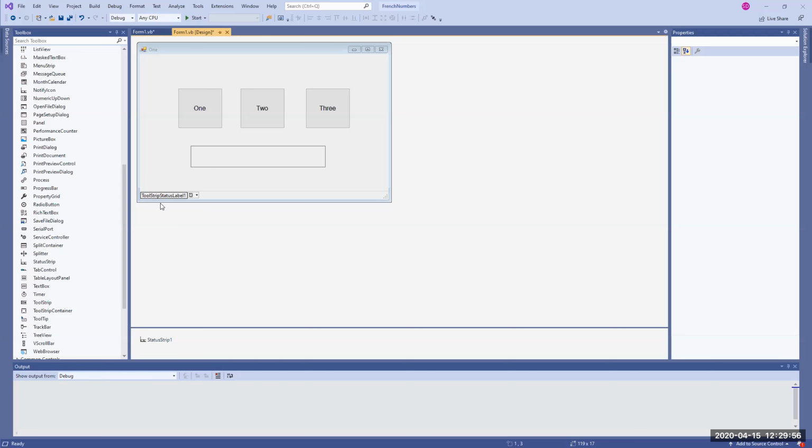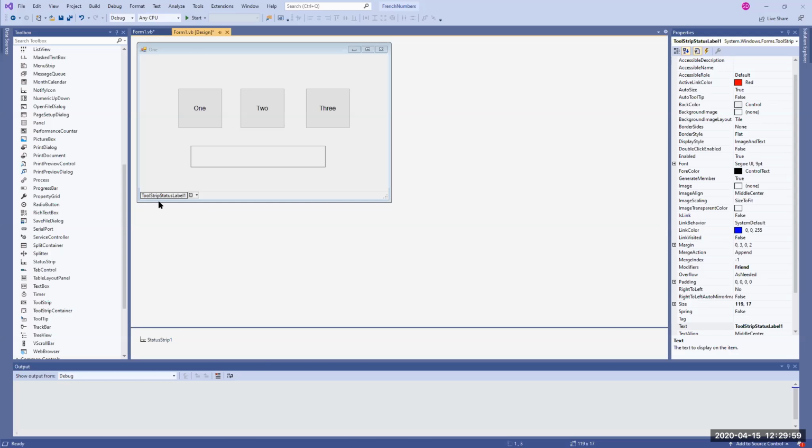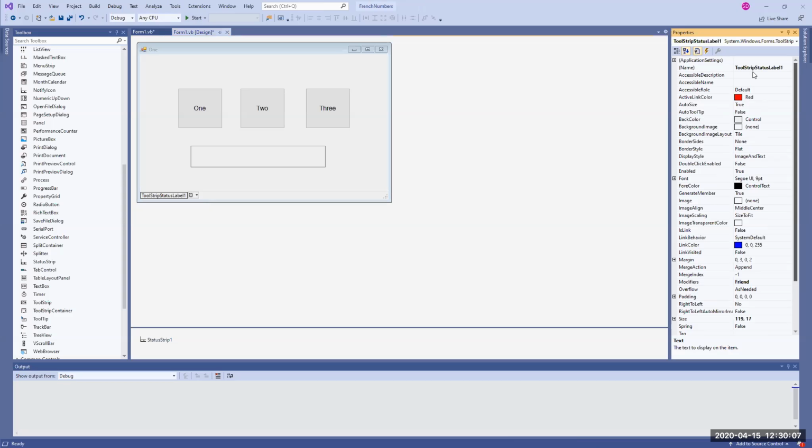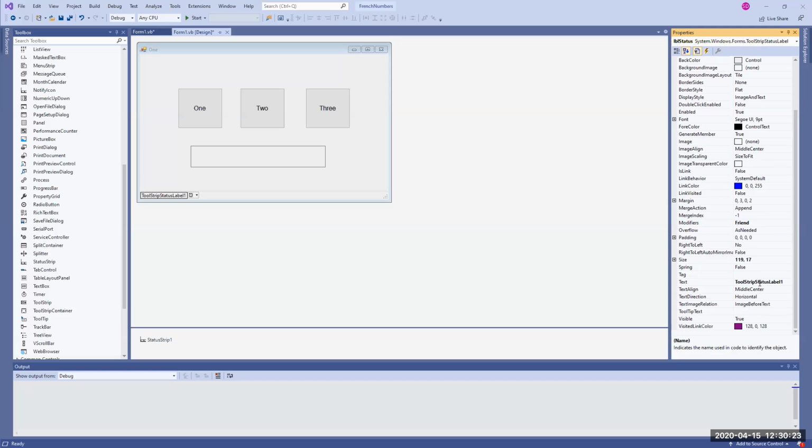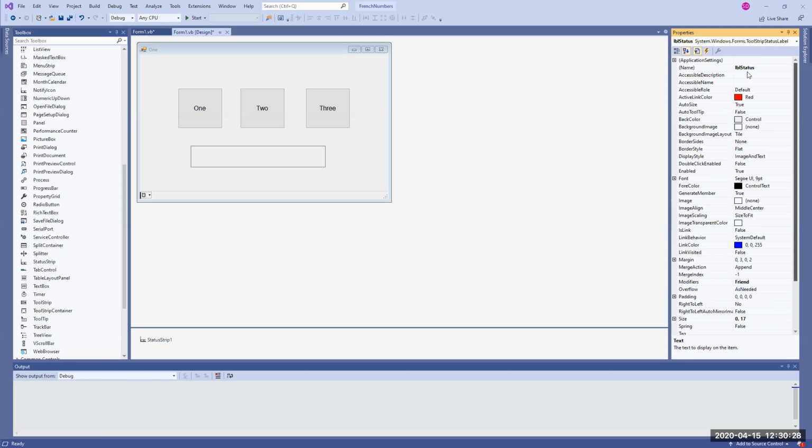We're going to put a label in here. It's going to give it a text value of status tool strip status label 1. We're going to delete that, and it's going to also give you a default name of tool strip label 1. I want to change the name to LBL status to indicate that this is the text you're going to see on the status bar, right? And I want to change the text property to empty. I want to delete that. Right. So now that we have created a status label, we can use that in our code to display the information. So we can go in the code and we can put